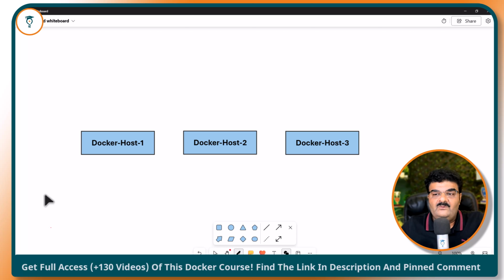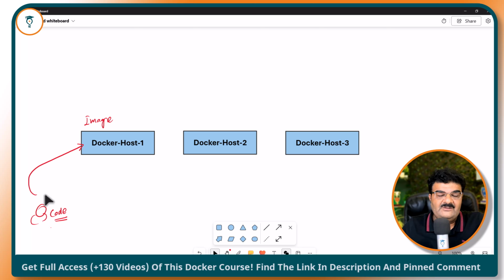Now, in the real world scenario, what is actually happening here? There is a coder or a team of coders who will write code on their local system. Once they write this code, they will upload it onto any one of your Docker hosts. Let's say that this is a manager, so we are going to upload code here. Once the coder uploads this code, here you will build an image,